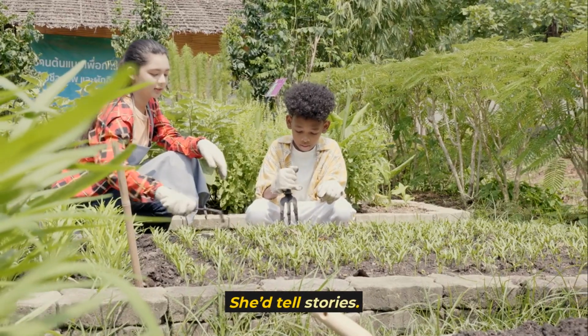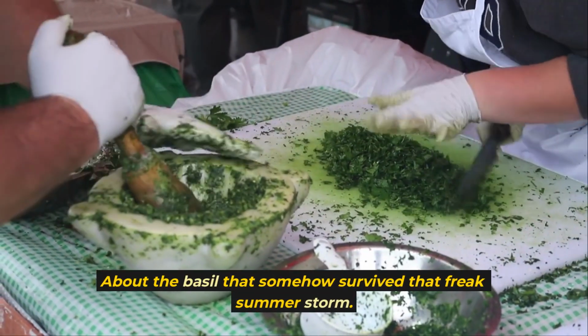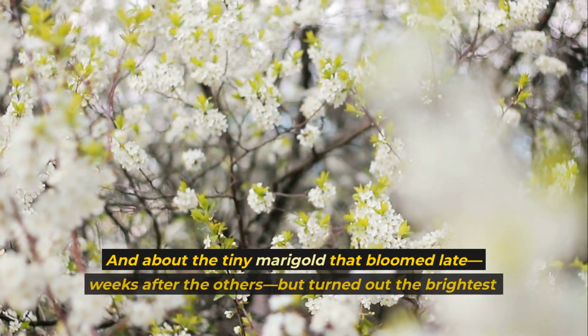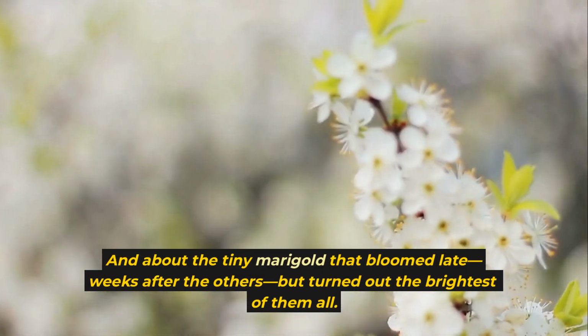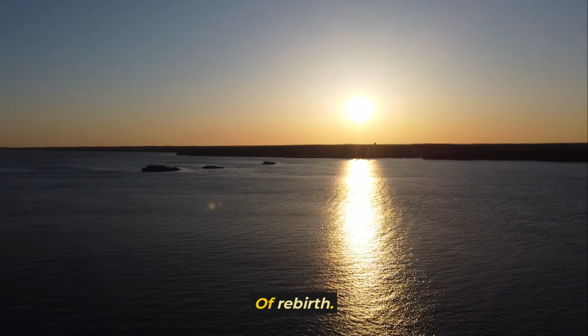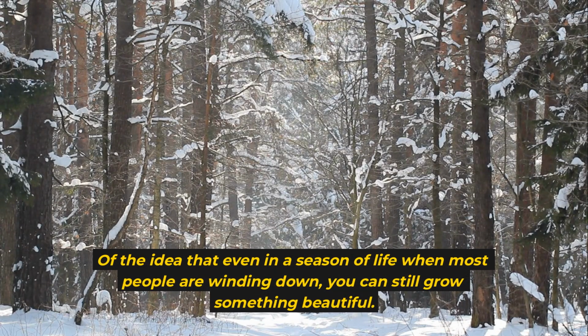She'd tell stories. About the basil that somehow survived that freak summer storm. About the cherry tomato that refused to give up even when the wind knocked over its pot. And about the tiny marigold that bloomed late, weeks after the others, but turned out the brightest of them all. These weren't just plants. They were reminders. Of resilience. Of rebirth. Of the idea that even in a season of life when most people are winding down, you can